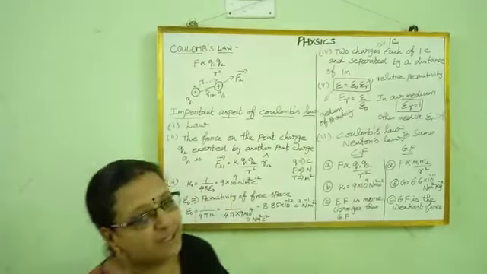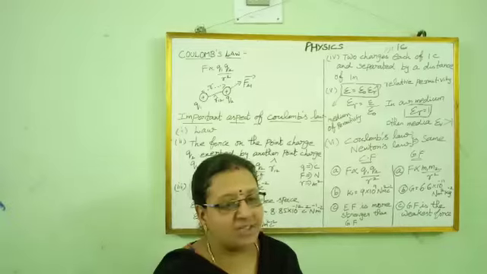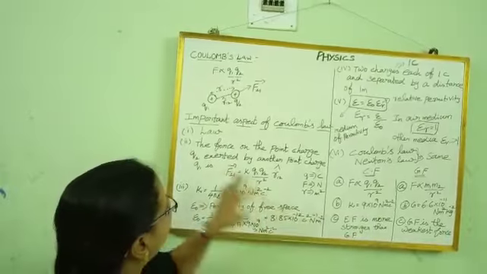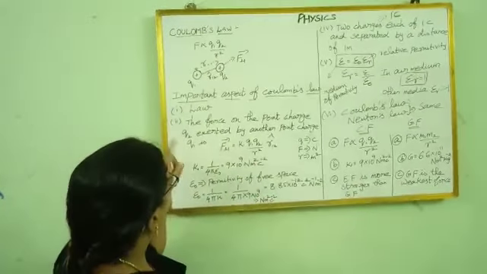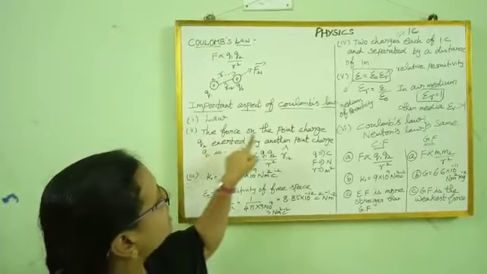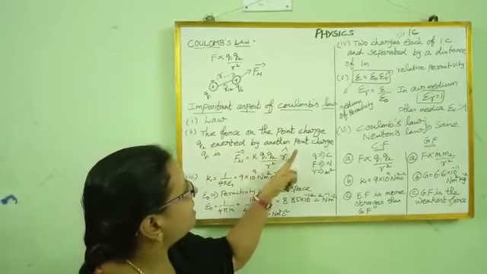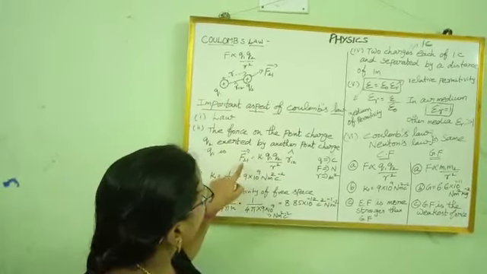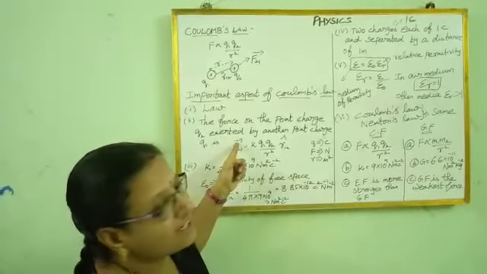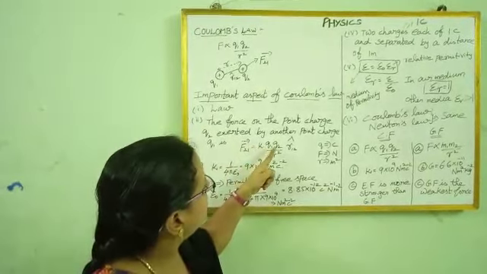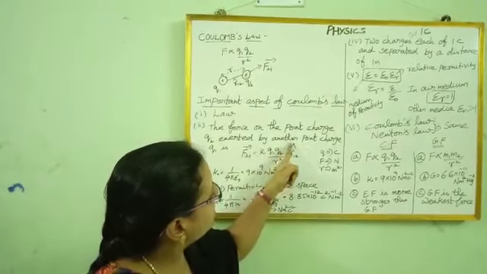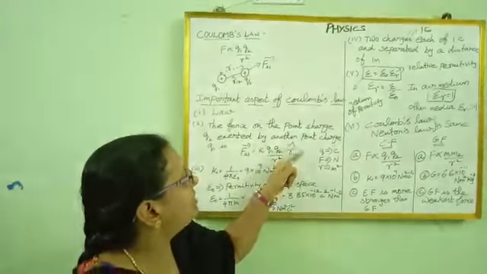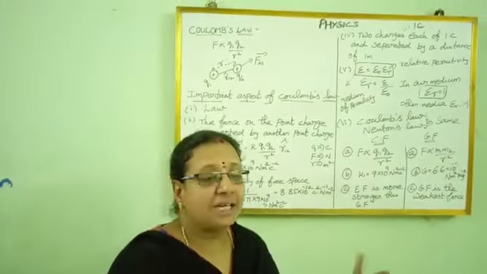What is the next point? Seventh point. The force on a charge Q1 exerted by a point charge Q2. Here, the same as the seventh point, you change Q2 and Q1. So the force on the point charge Q1 exerted by another point charge Q2 is, you can also change this force. So F12 vector equal to K into Q1 Q2 by R squared. Now here also we can change, so R21 cap. This is the unit vector, R21 cap. What is the last point?